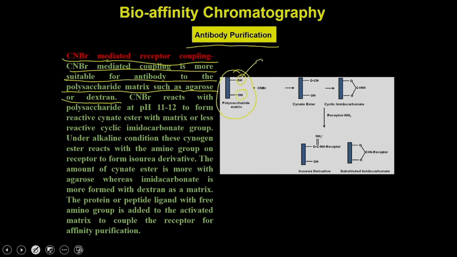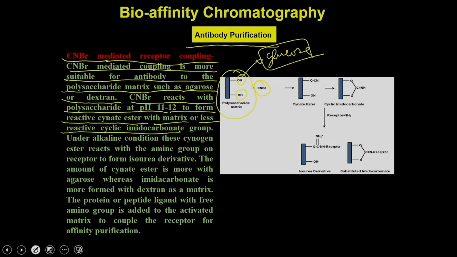So, this OH is coming from the glucose which is part of the polysaccharide matrix. Then, when you add the CNBr, which is called cyanogen bromide, and react it with the polysaccharide at pH 11 to 12, it forms two complexes with the matrix: one highly reactive cyanide ester or the less reactive